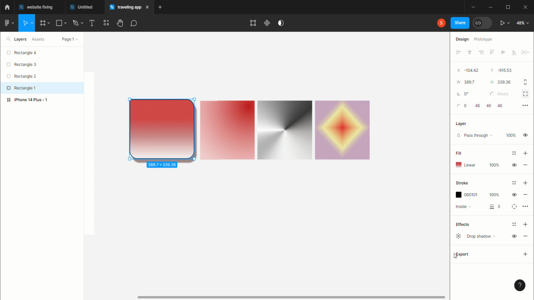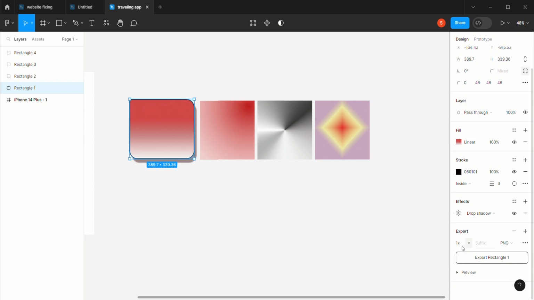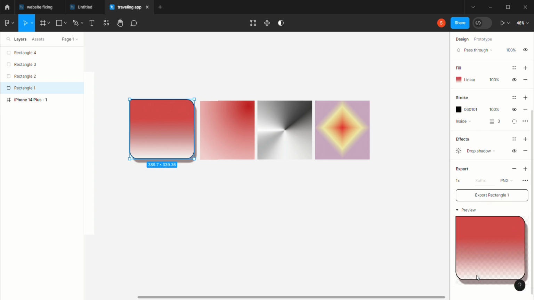And now you want to export this to your gallery. You can choose the quality right here. It is given here, and like I want to take PNG, I can take PNG, JPG, SVG, and PDF, and can export it. Now if you want to see how it will look, you can tap here for the preview and see. Okay,